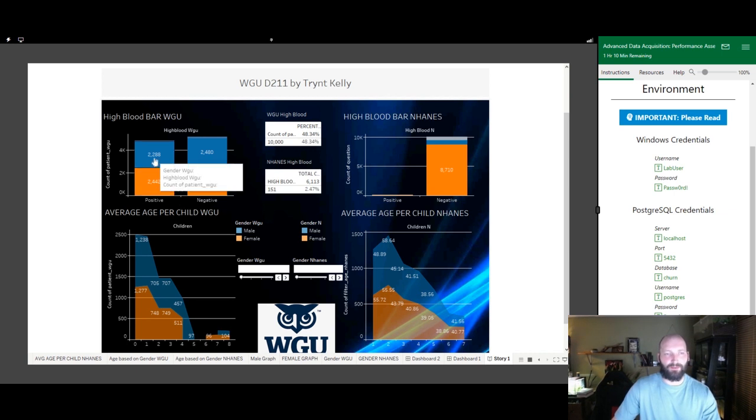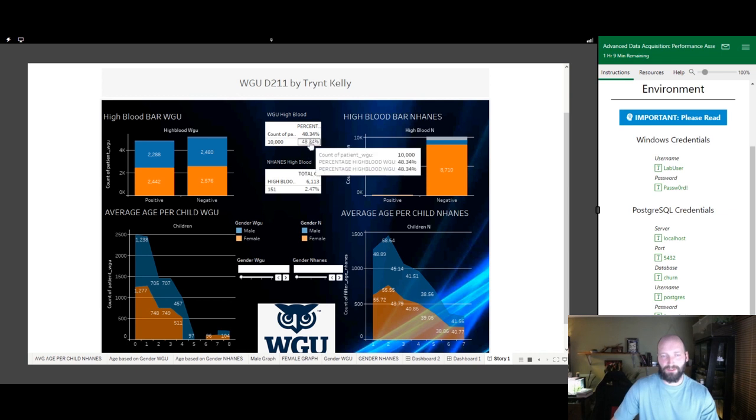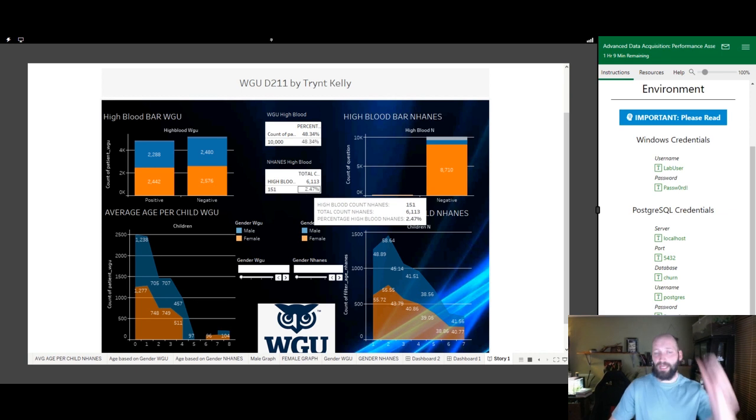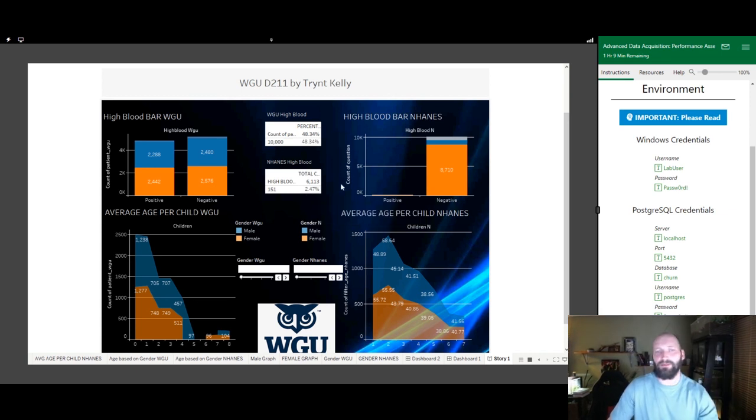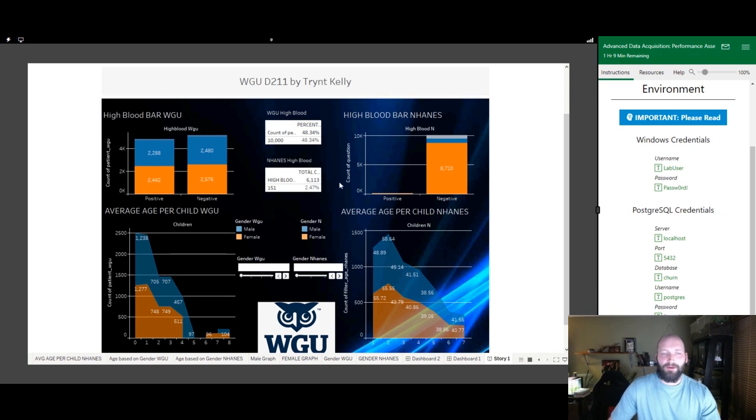And further, this splits it out between male and female, and then we have our percentages. So we have 48.34% of positives with WGU, and then we have about 2.5% with the National Health Institute. And so when we come down here and look at the average age per child,